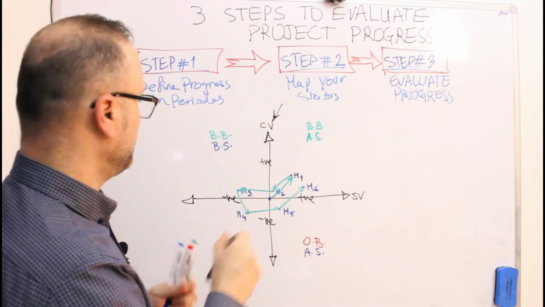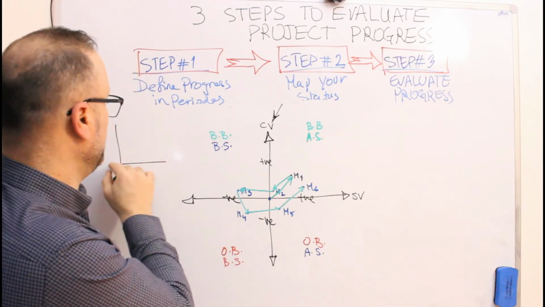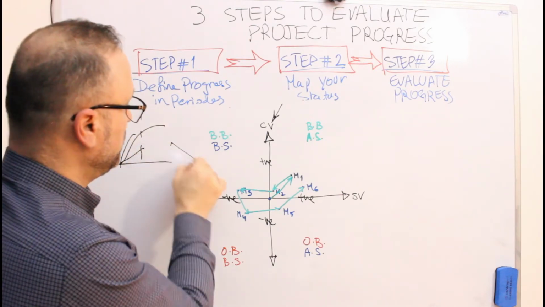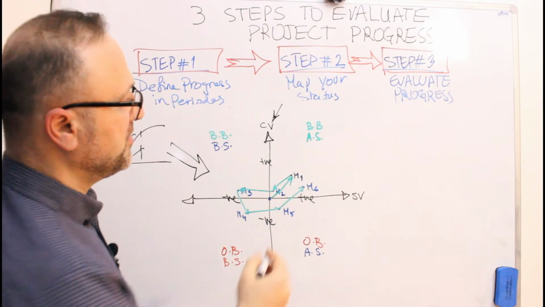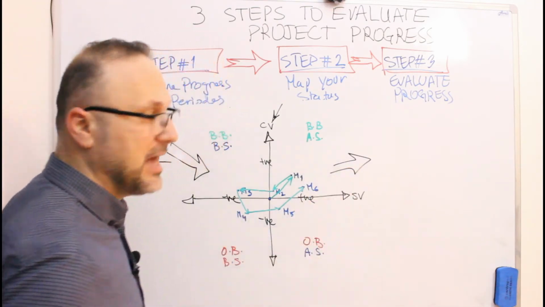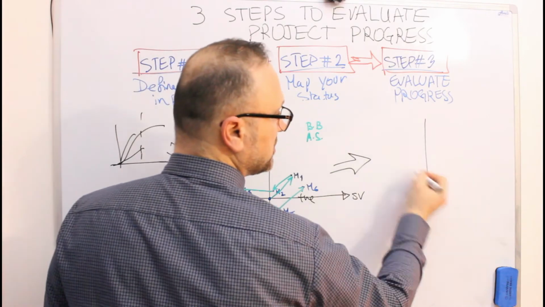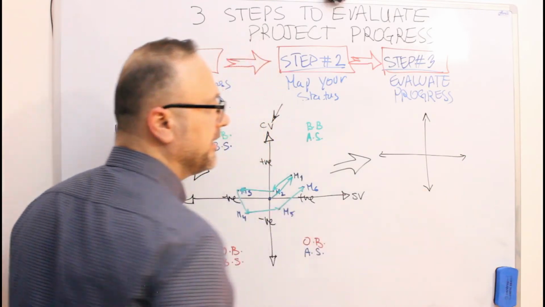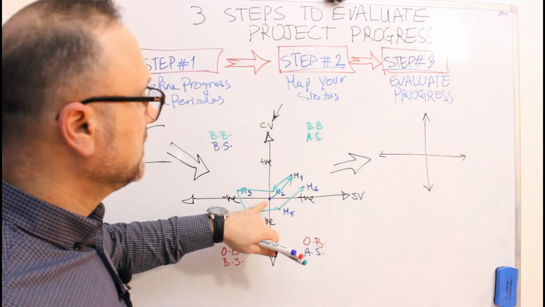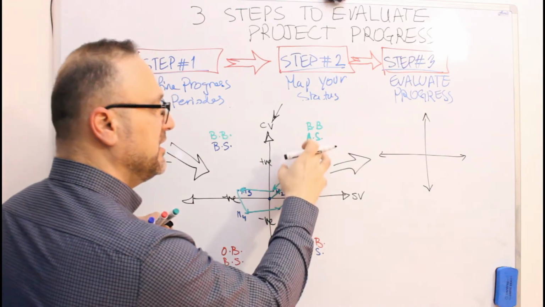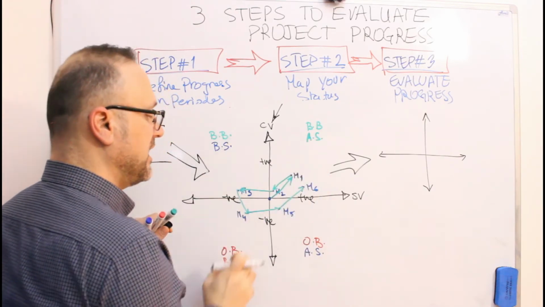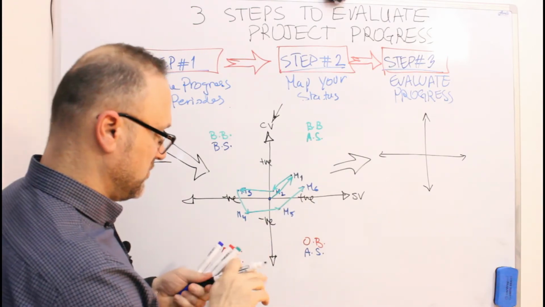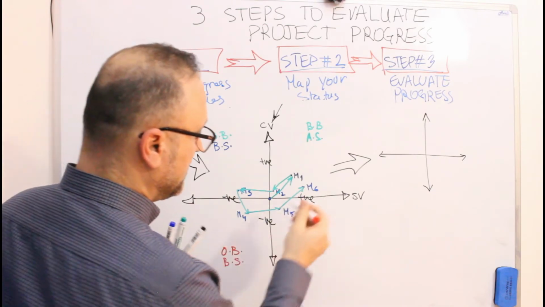We took this graph from the first step where we had the S-curves. We have the plan and the actual. Then we moved to this figure. From this figure, we will move to our next figure where we have also the same lines, where we will say how many times we've been in this area, how many times we've been here, and here, and here. So you take from this area